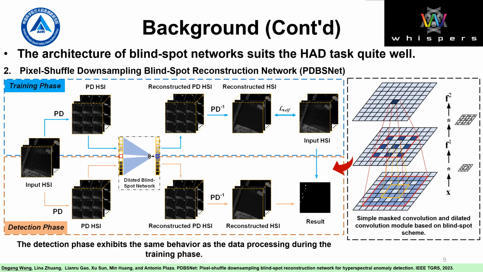Specifically, we need to use the PD operation to obtain the shuffled hyperspectral image. At this time, the size of the anomalous target becomes smaller. Then the shuffled hyperspectral image is input into the constructed dilated blind spot network for self-supervised learning, where the dilated blind spot network mainly consists of masked convolution and dilated convolution, and the detailed process can be seen in our